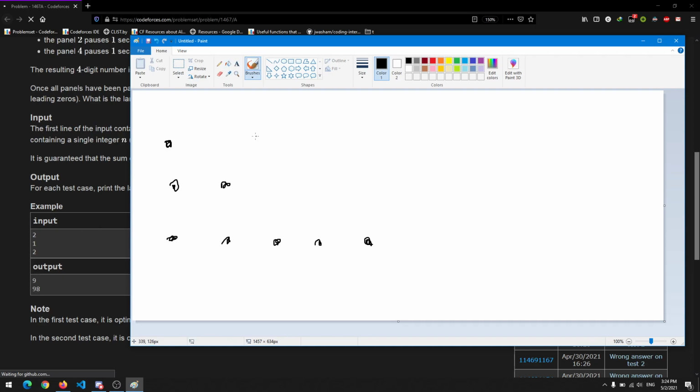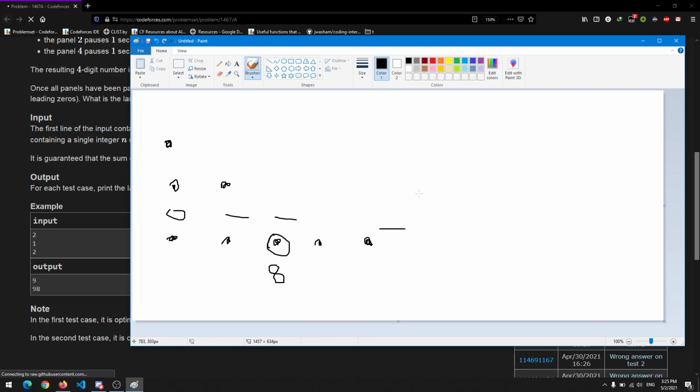So we need to pause one lamp so that the resultant number is maximum. And how do we exactly do that? The problem says that if we pause one lamp, let's say we pause this lamp right here, and let's say it had the number 8 currently on it. Also, they all start from 0 and increase by 1 every second, and when they reach 9, they turn to 0.